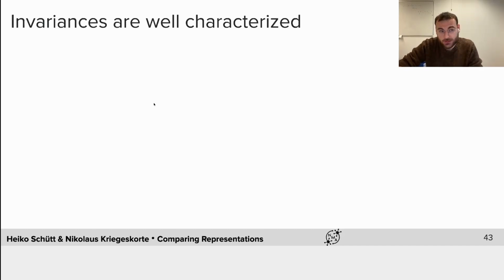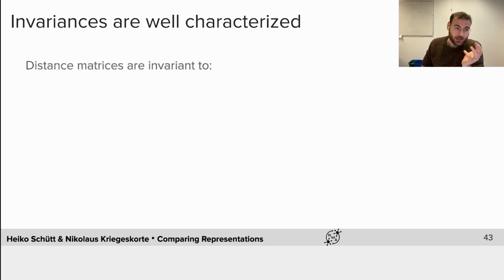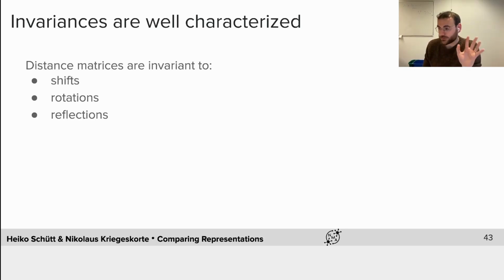Now, the next point is that we know really well what the invariances are. So which representations end up being equal or equivalent according to our distance measure. And concretely, those are: if you're shifting everything in the representation, so adding something to this doesn't change any of the distances, and we are invariant to this. Rotations, so this is a special kind of redistributing the activity without changing the overall amount of activity. These measures are invariant to those, and reflections too. So not only rotations, but also flips of the representation.